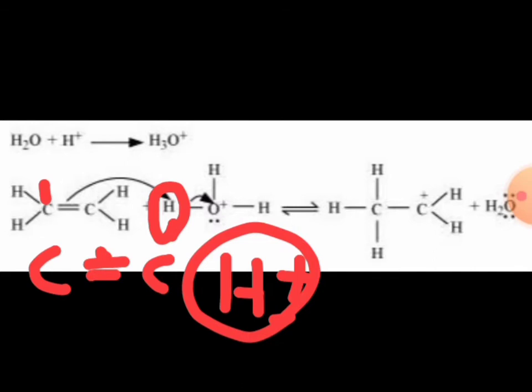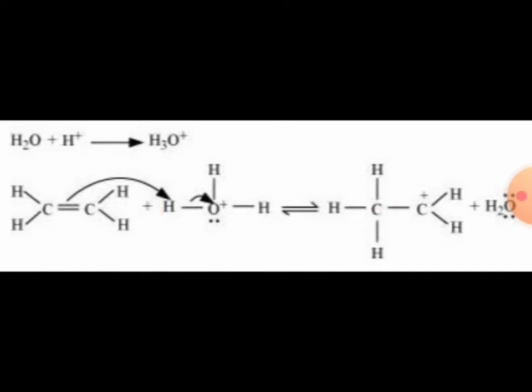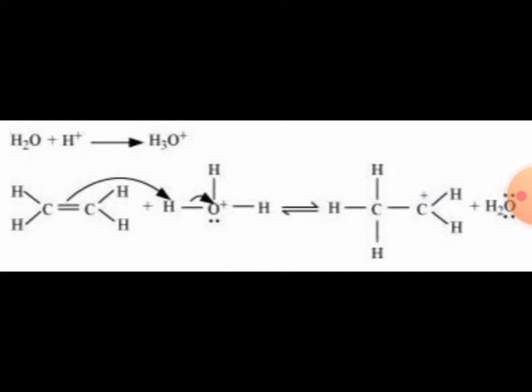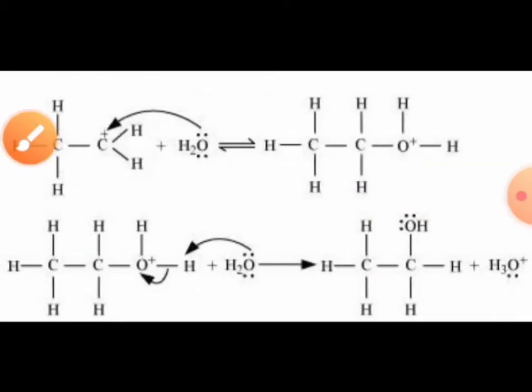Because of that, you can find a carbon-hydrogen bond here, and the adjacent carbon atom, due to the loss of pi electrons, gets a positive charge. Positive charge on the carbon atom is called a carbocation. So here in this step, there is a protonation of alkene to form this carbocation by the electrophilic attack of hydronium ion, H3O plus. In the second step, we can find the nucleophilic attack of water on carbocation.